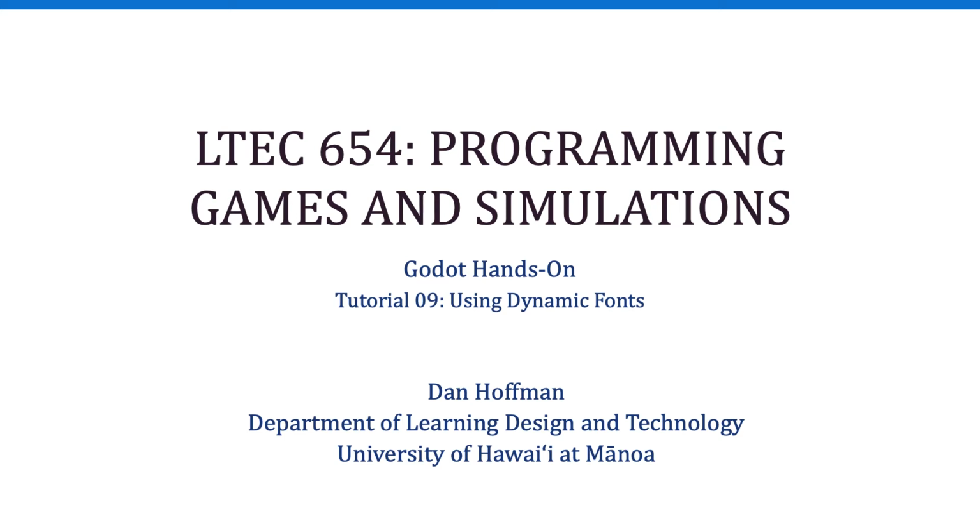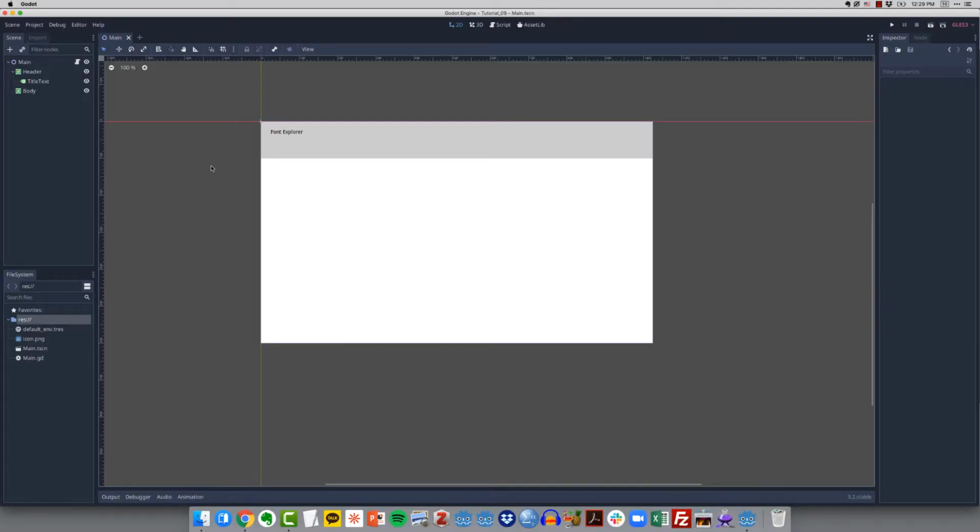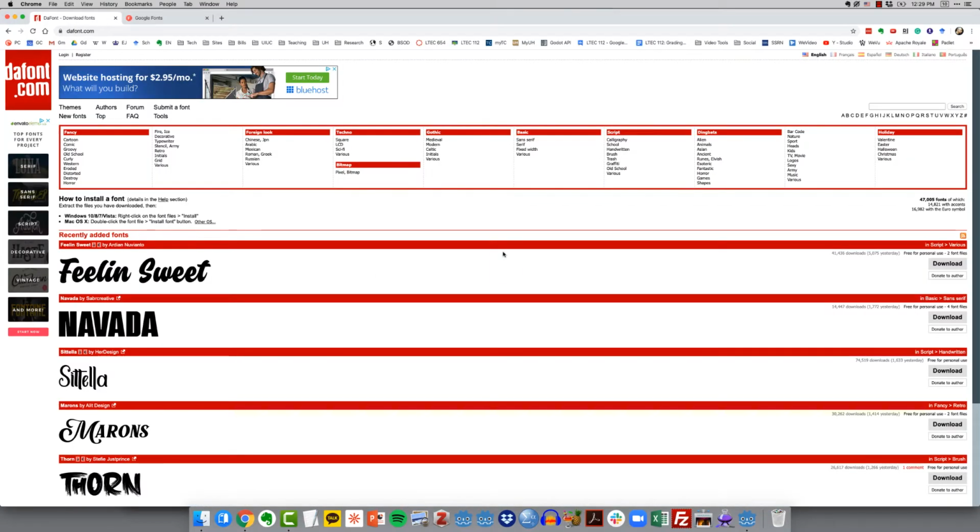Hello everyone. In this video, we're going to learn how to use dynamic fonts in Godot. The first thing we need to do is download a font that we want to use in our project. So I'm going to switch over to the browser, and I've loaded a couple of websites here that you may